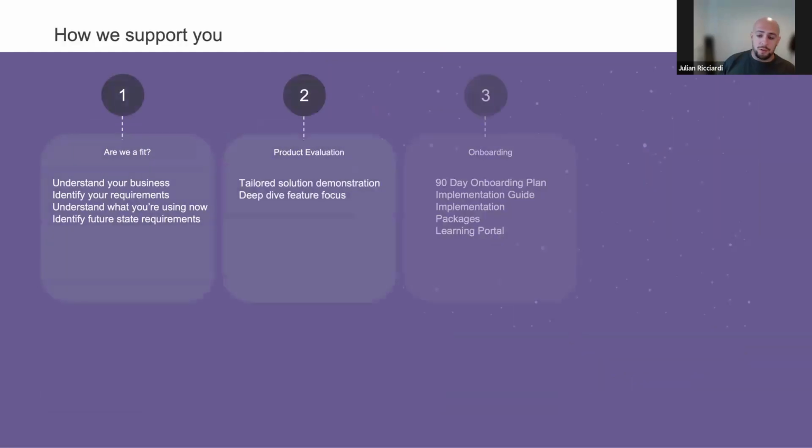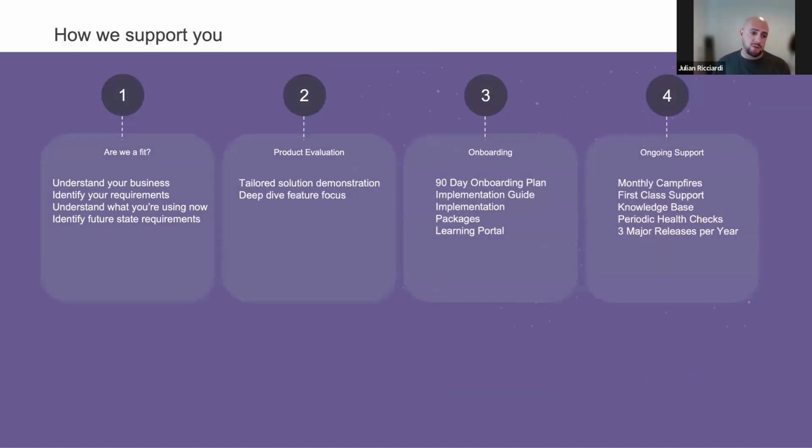In terms of how we support you, and what is a sales cycle with Mission Control? First and foremost, we have to identify: is there a fit? We're not trying to work with everyone. If there is a fit, through our discovery and our initial "are we a fit" call, we will then go into a product evaluation phase, really focusing on your needs, your requirements, your pains,